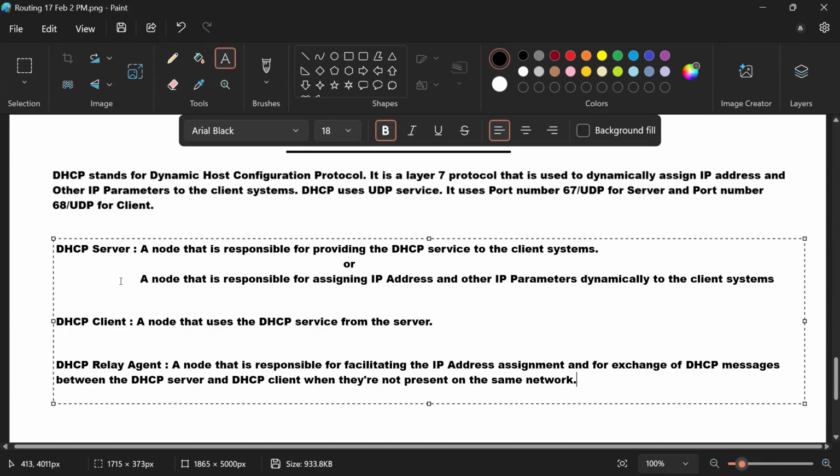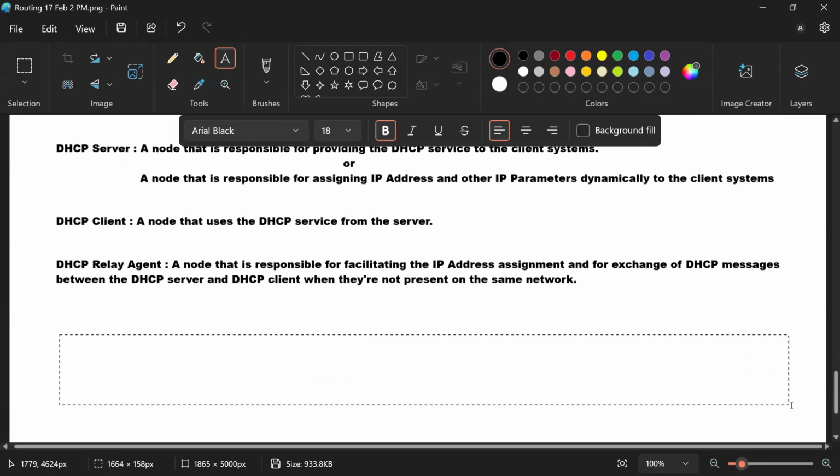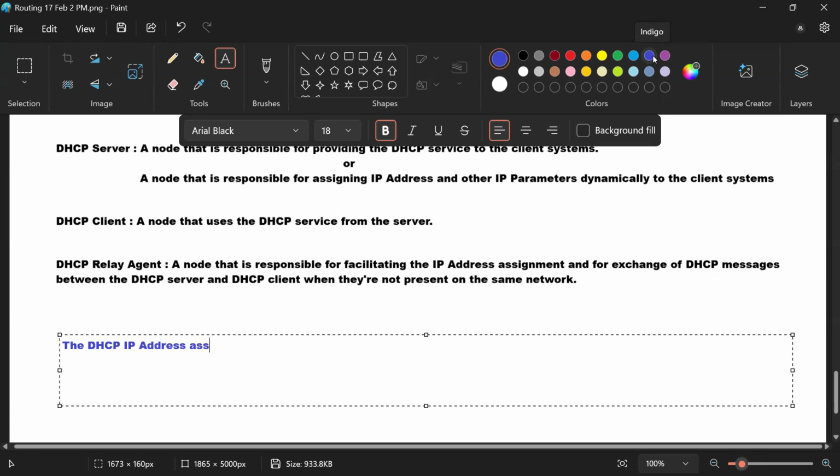These are the roles: DHCP server, DHCP client, and DHCP relay. Clear? Now, your IP address assignment process. The DHCP IP address assignment undergoes how many messages? Four. For a successful IP address assignment, four messages are exchanged, and those four messages are